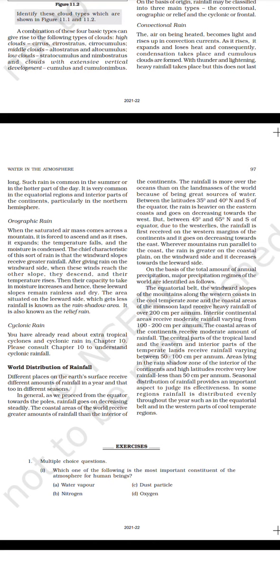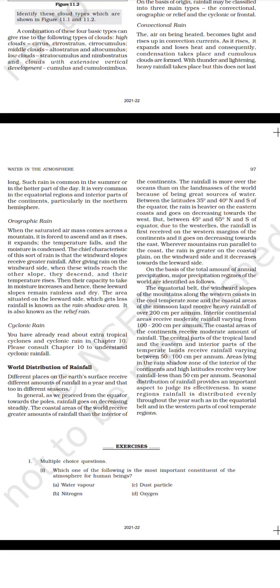The coastal areas of the world receive greater amounts of rainfall than the interior of the continents. The rainfall is more over the oceans than on the land masses of the world because of being great sources of water. Between the latitudes 35 degrees and 40 degrees north and south of the equator, the rain is heavier on the eastern coasts